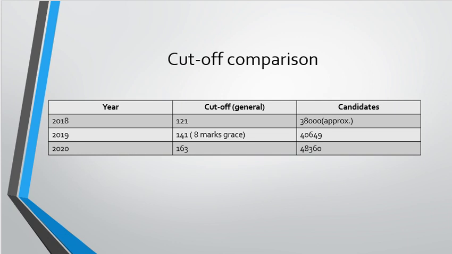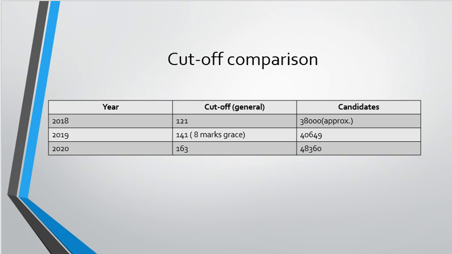In the year 2019, when the NTA started conducting the GPAT examination, almost 40,649 students appeared for the examination, and out of this around 4,200 students qualified the GPAT examination approx, and the cutoff for general category was 141 marks,